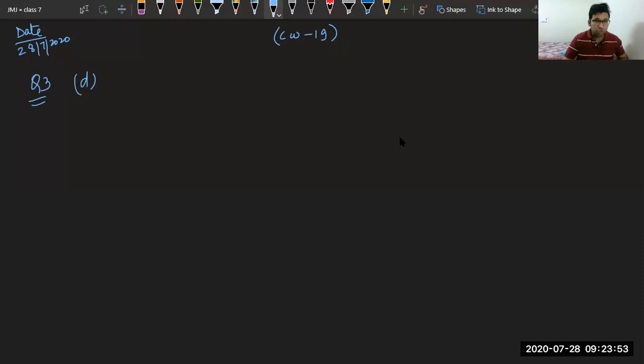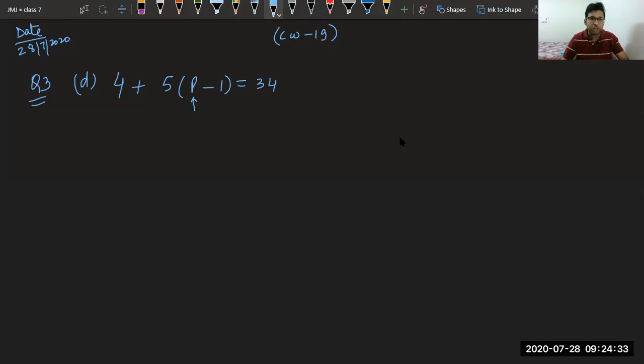We have to solve. So the question is 4 plus 5 bracket P minus 1 is equal to 34. All of you, if you see, we want to solve. That means we want to make this P alone on the left hand side. Please tell me what is the first step. Which number you will transpose first, 5 or 4? We will first take 5.